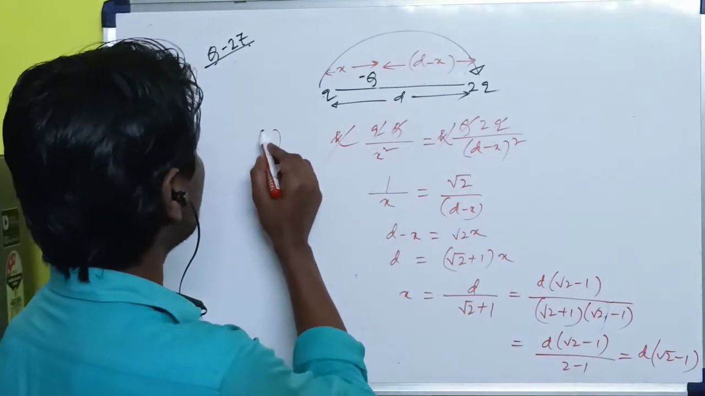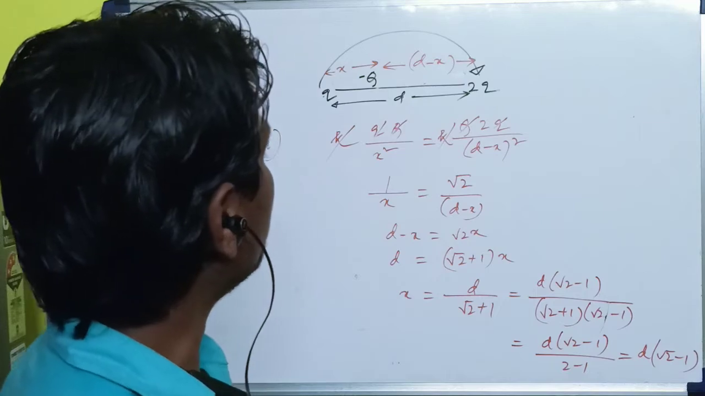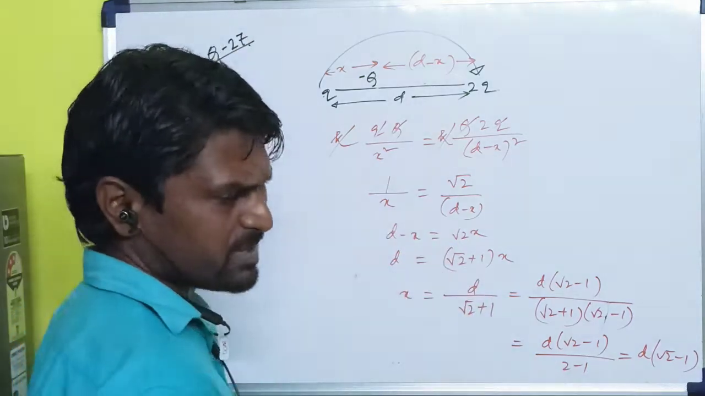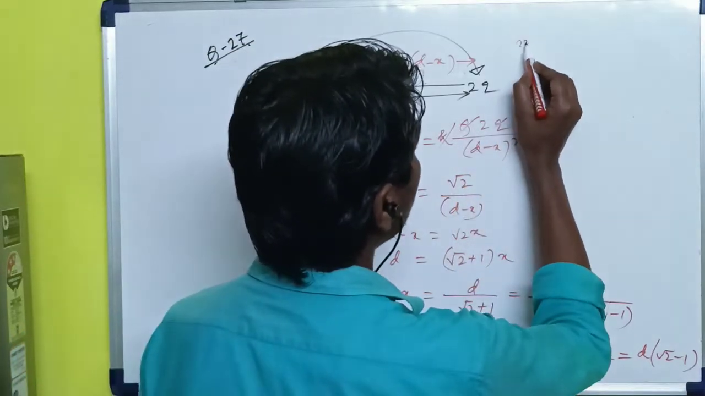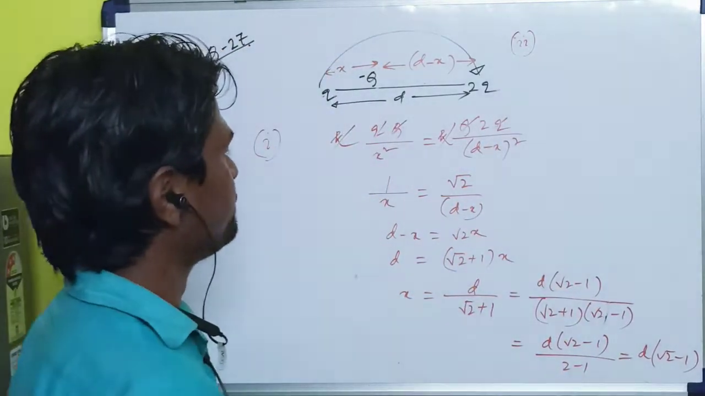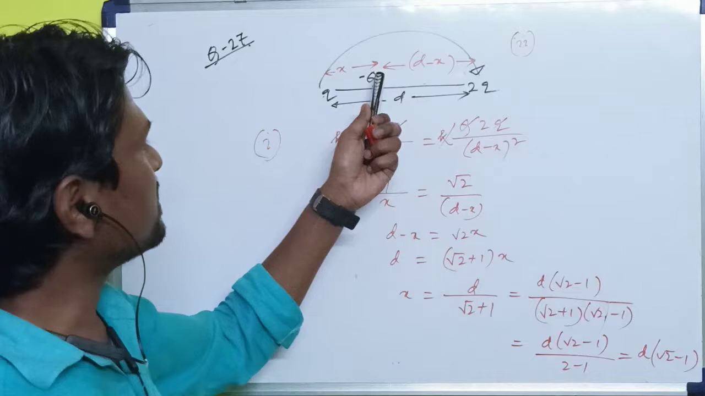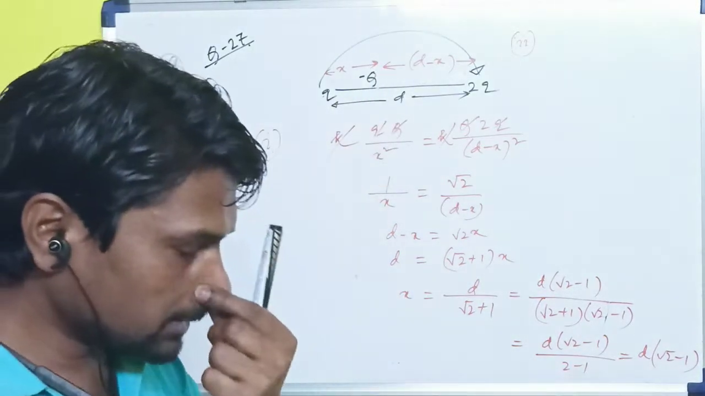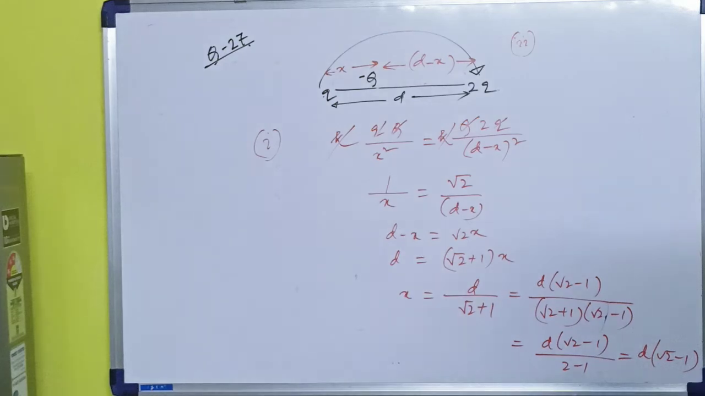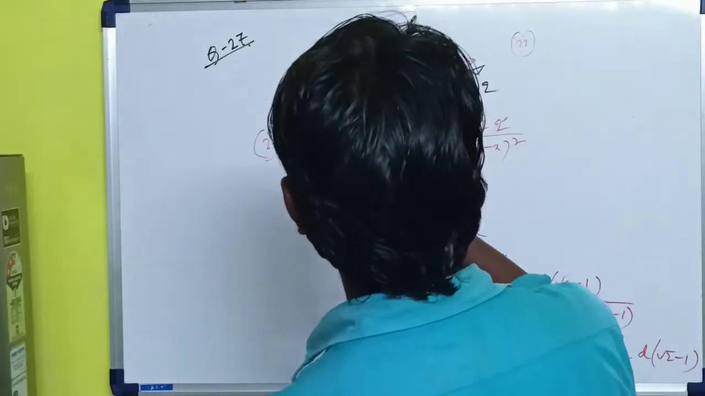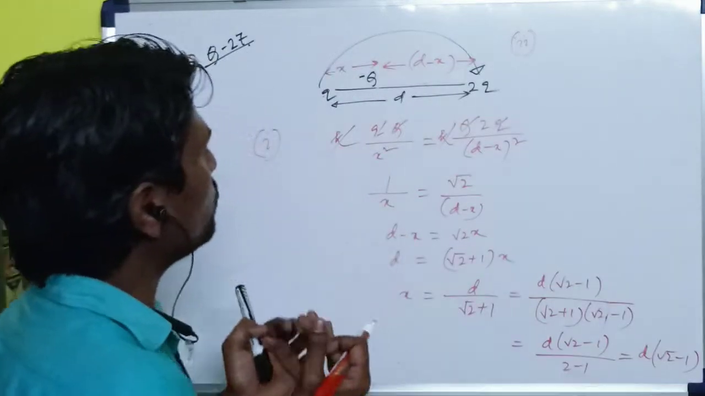That is the first part. And the second part, though it may be first or second part, is: what is the amount of charge? What is the value of this charge? What is the value of this charge in terms of q or 2q? In terms of q,